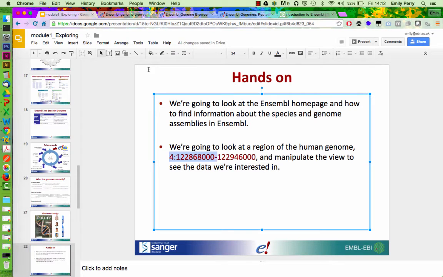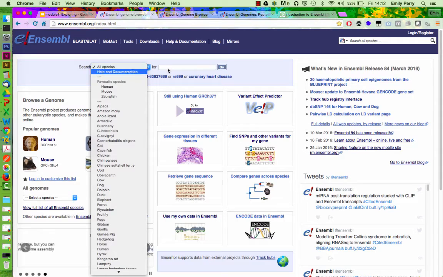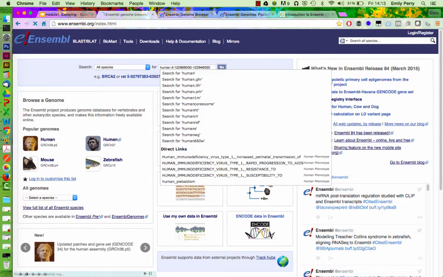So what I'm going to do is I'm going to select this, I'm going to copy it, and then I'm going to go back into the browser. Now I also have to tell it what species I'm looking for, otherwise there are loads of species which have got that coordinate, it doesn't really know what to do with it. There are two ways to do this. I can choose my favourite species from the drop down. So I could select human and just paste it in, or I can type human and paste in my coordinates.